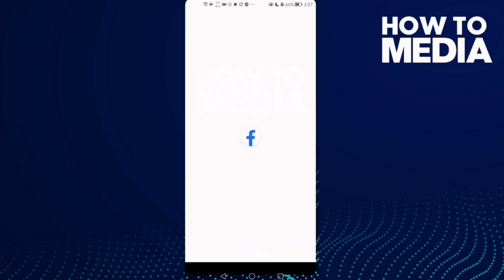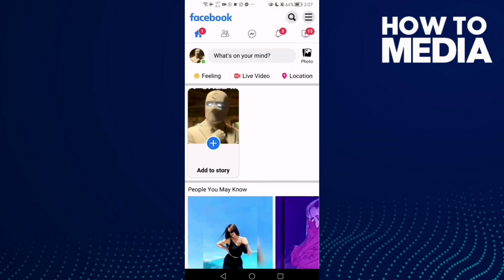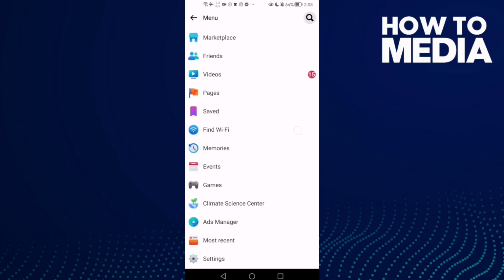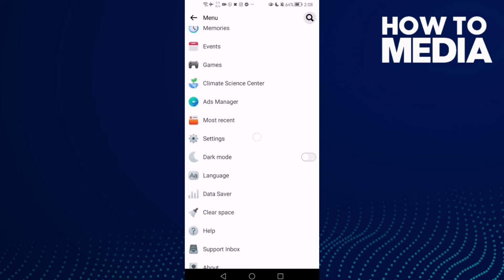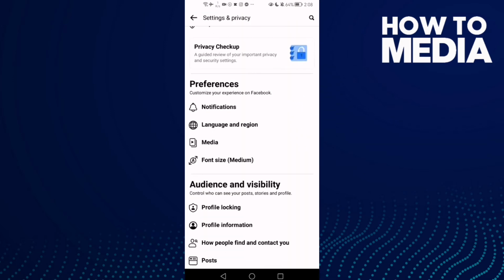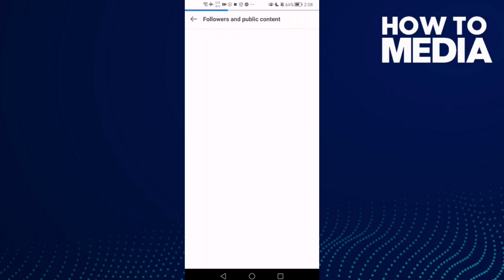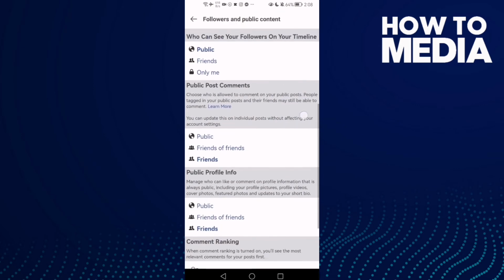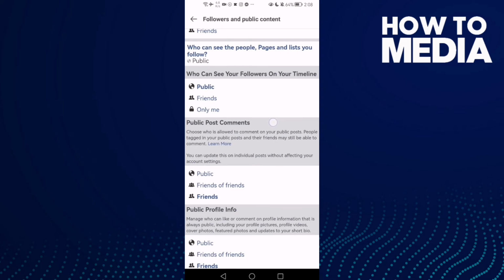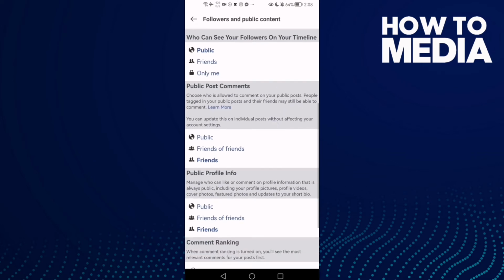First thing, go to Facebook Lite and here you will find these three lines in the top corner. Click on it and go down until you find settings, and here you will find followers and public content, and go down. Here you will find the public post comments. Now just select friends or friends,